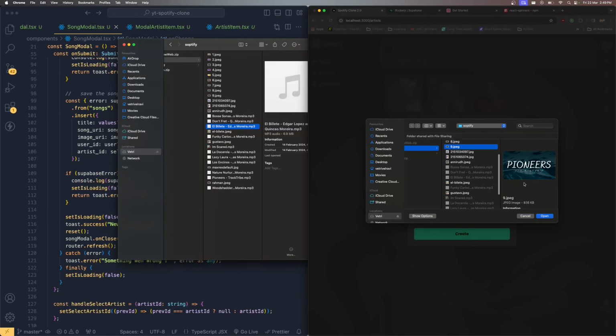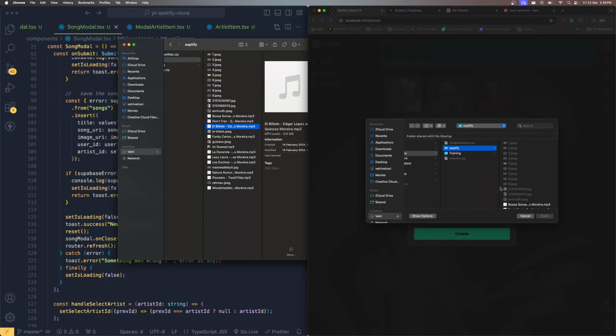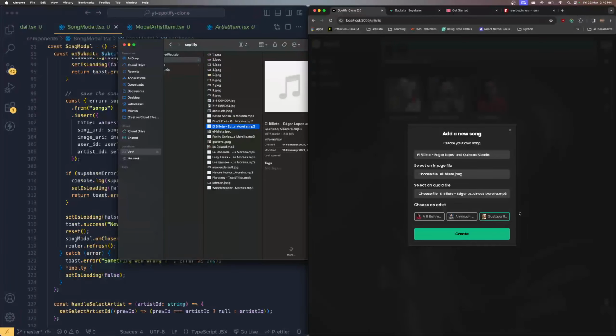Okay, so here it is. I think this is the song cover image, and let's choose this song file, which is going to be this song, and click open, and I'm going to choose this Gustav as the selected image ID. And if I click create, and look at that, now it has been loading, so everything has been blocked